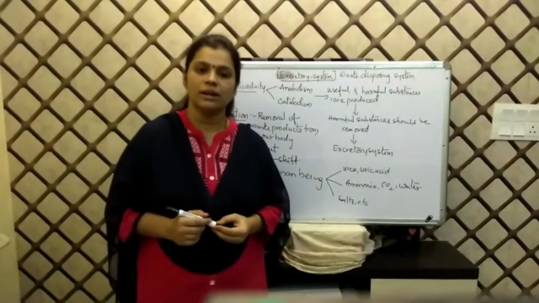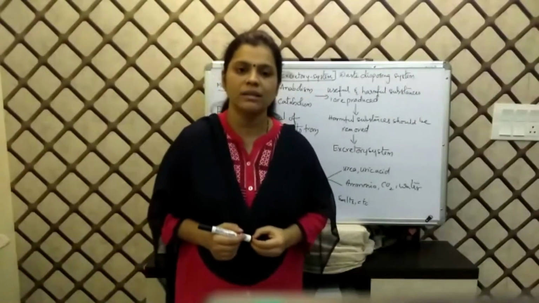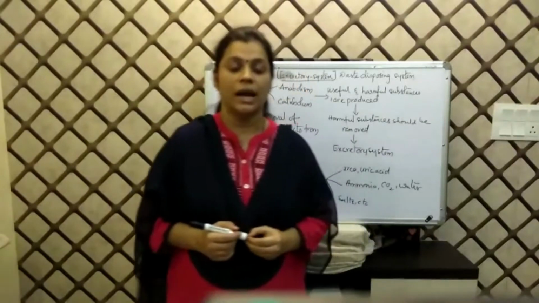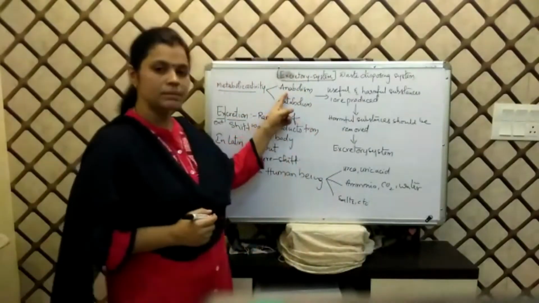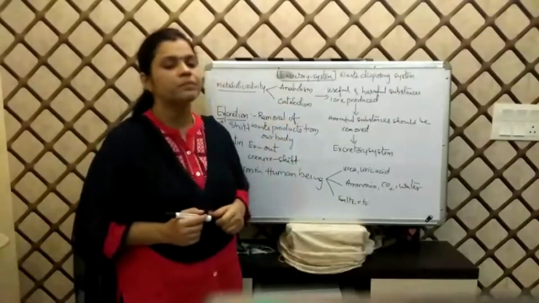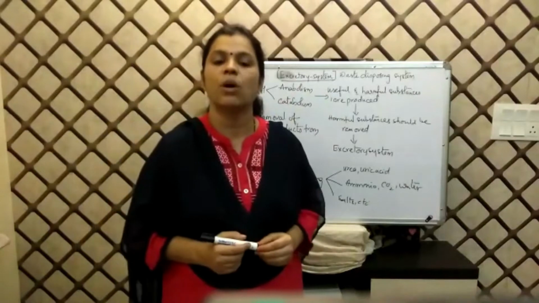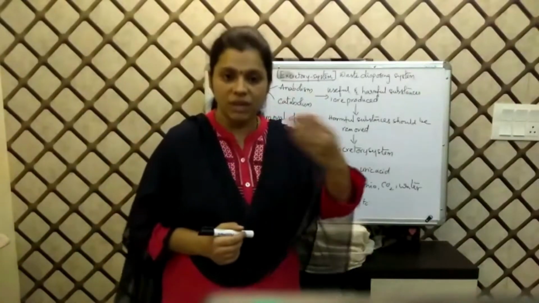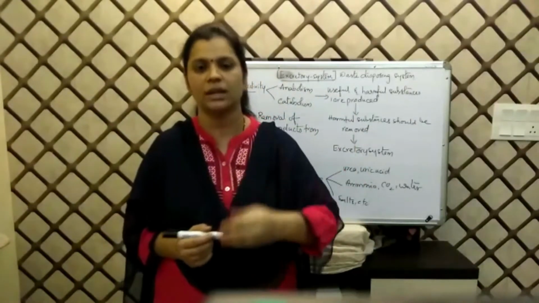Now, all living organisms need energy to perform various activities, and they obtain this energy by performing metabolic activities. And these metabolic activities are of two types, that is anabolism and catabolism. During anabolic activity, the body synthesizes body-building materials. And during catabolic activities, these synthesized materials are broken down to produce energy.